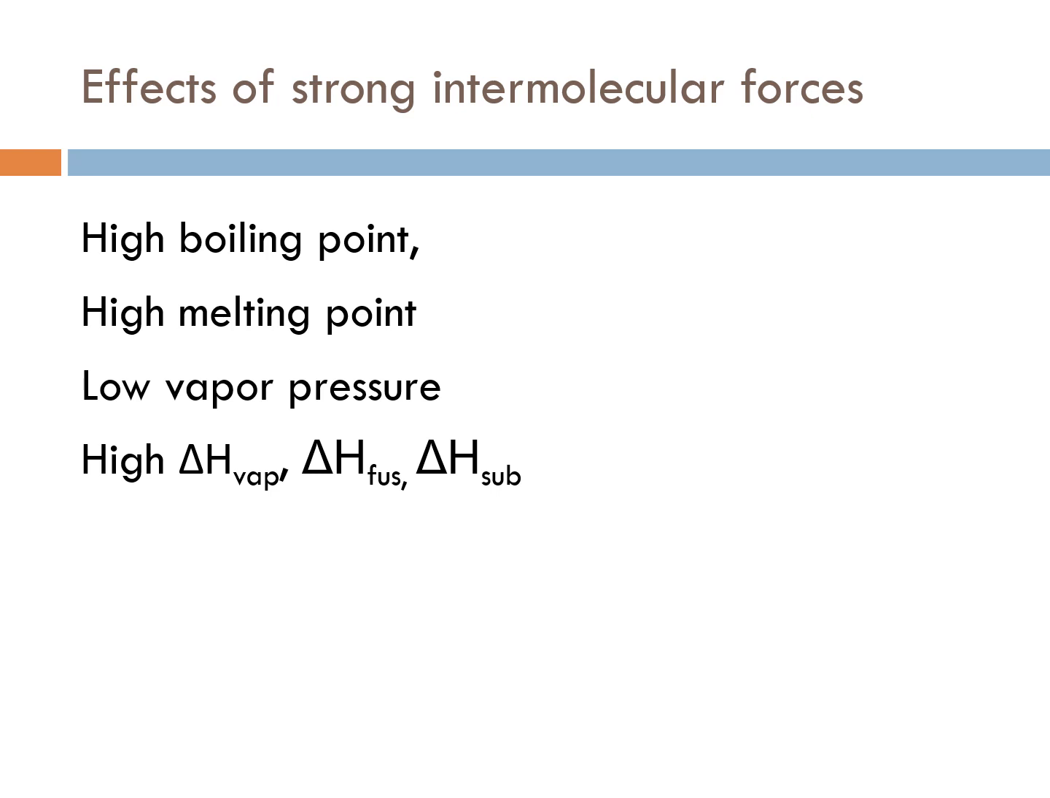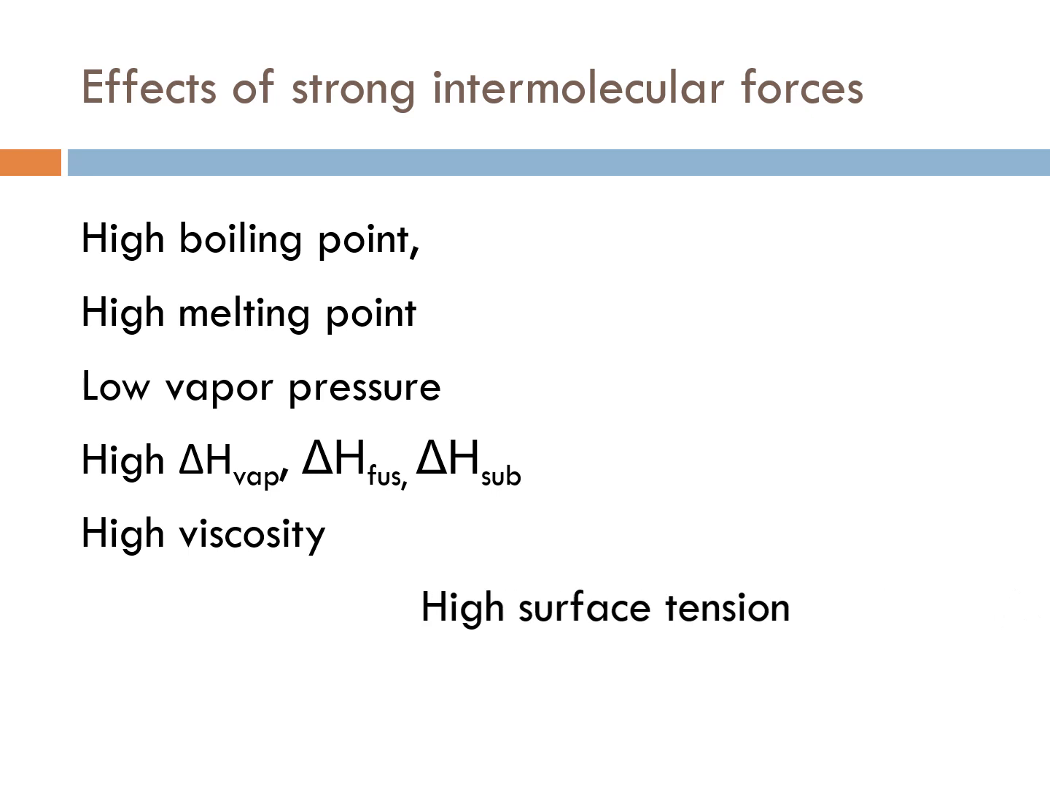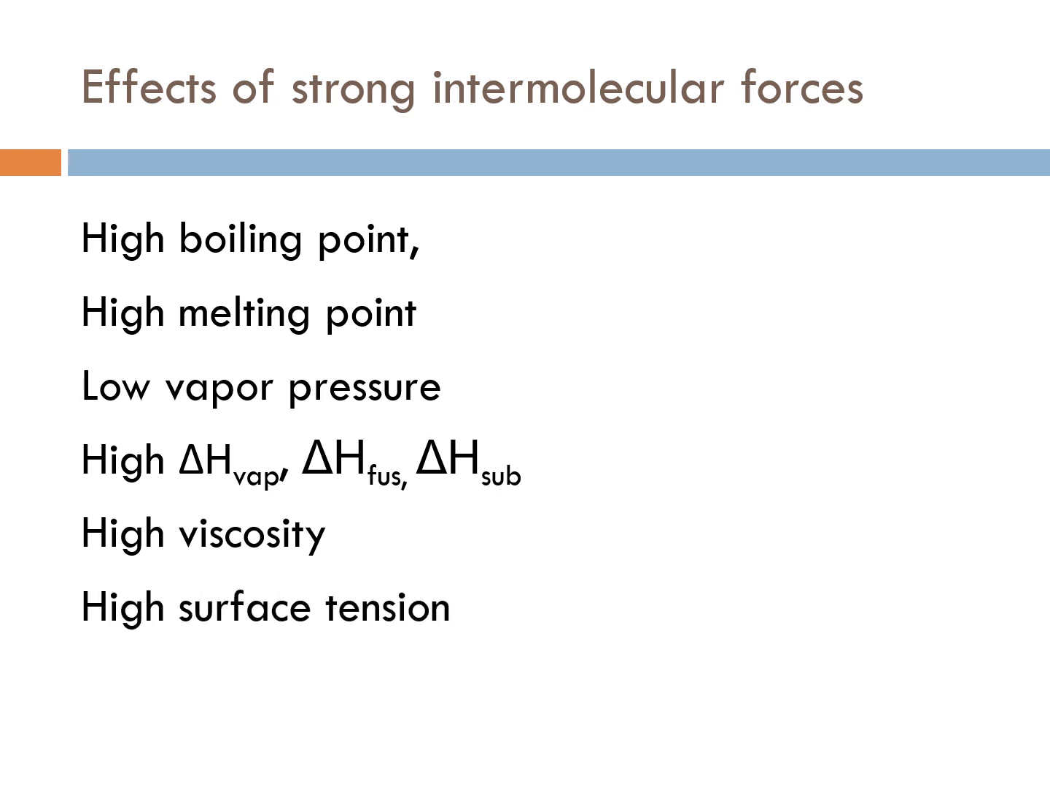So the delta H of vaporization will be higher, and so the delta H of fusion and the delta H of sublimation. The substance will also show a high viscosity. Viscosity is the friction when molecules are moving with respect to each other. So a strong interaction slows down this movement, increasing the viscosity. The surface tension will be higher. We will talk about surface tension in the next unit about